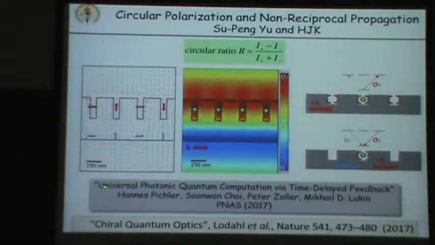And the most amazing thing that's been done so far has been done by Hans Pichler together with Peter and Mikel. What they show, in something I won't go through, but I encourage you to look at this reference, is that with chiral dielectrics like this, you need to have gamma 1D over gamma prime big, so that this emission into the waveguide dominates free space. Then you can actually make amazing states, cluster states, 2D cluster states, and other kinds of exotic quantum states, and a very simple state. One atom trapped like that is